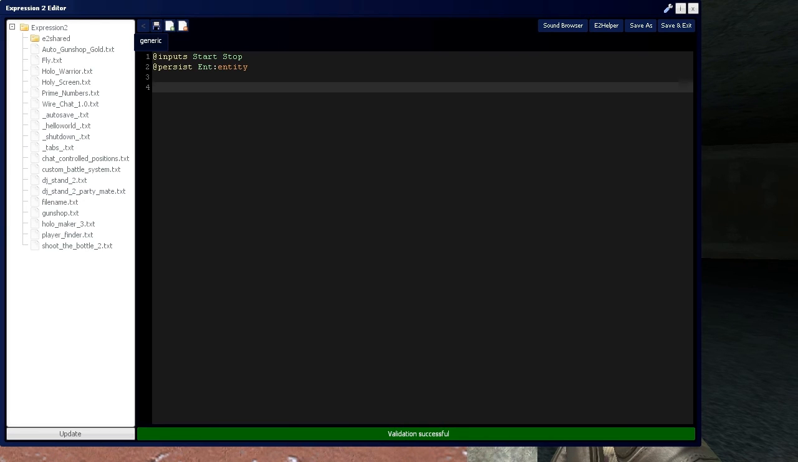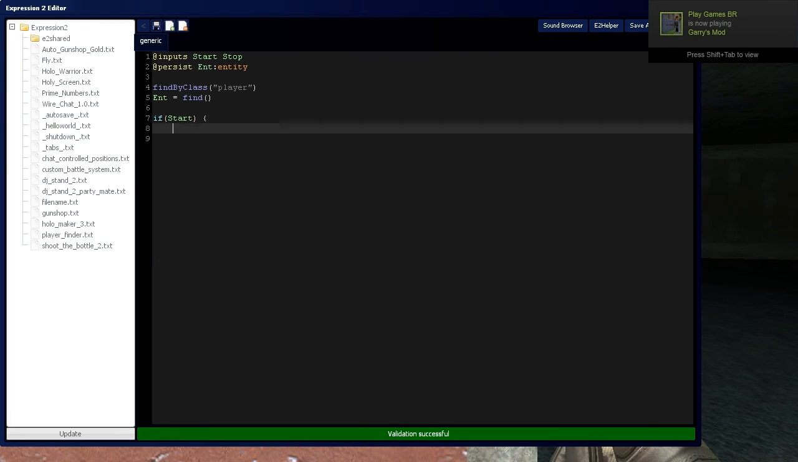Now, similar to the find by model command, we can find player entities by saying find by class, and then within the parentheses saying player. And we're going to assign Int to equal the first find result, or the closest result to the Expression 2 chip. And then, if the Expression 2 chip is initiated by start, or the start button is simply pressed,